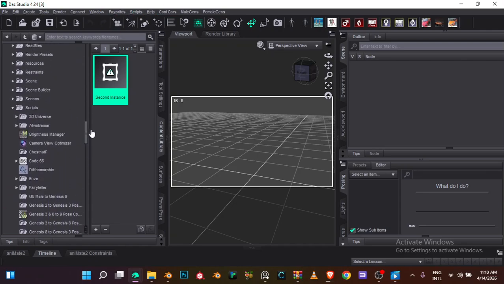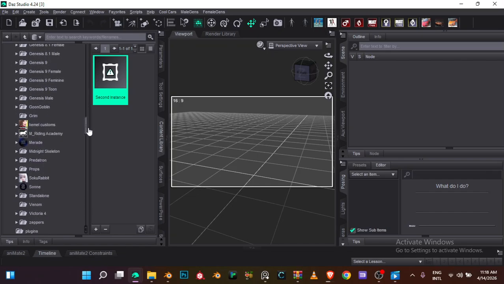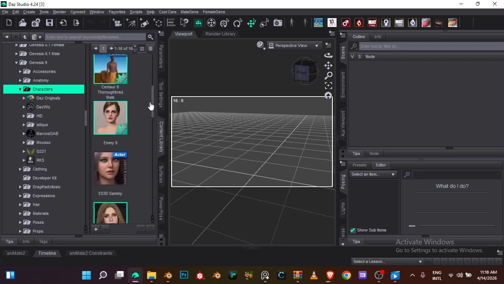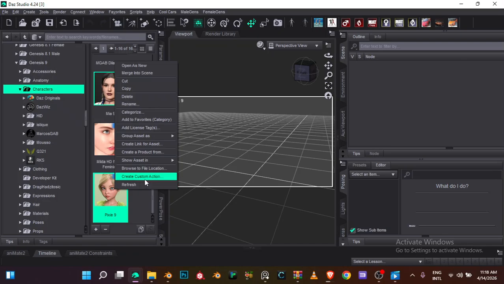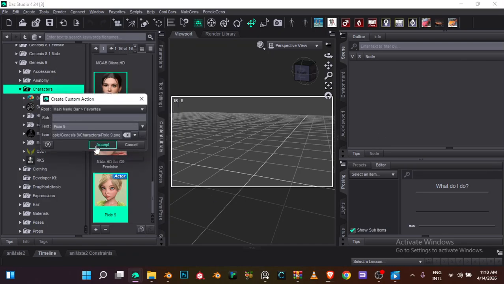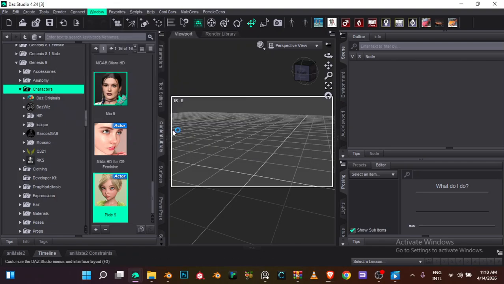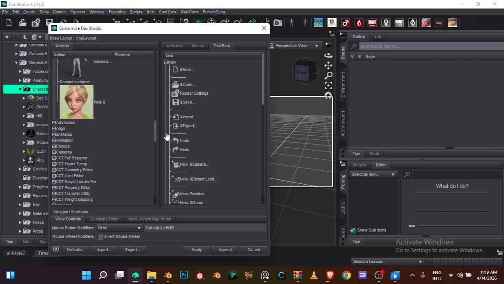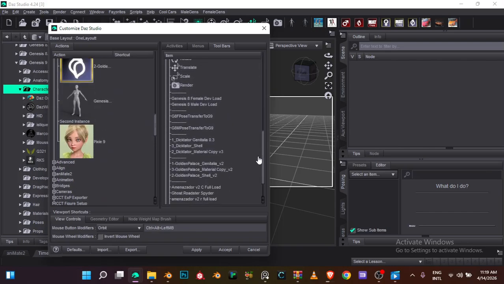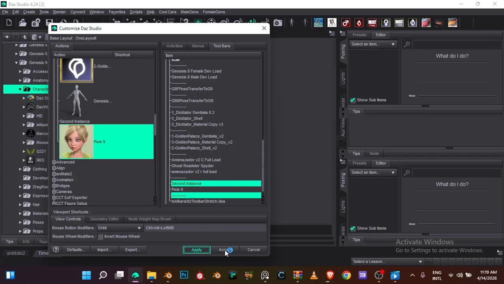I can use another example with a figure. Let's say I go here. Let's say I decide that I want to use a Genesis 8 female character for this example. We want to use the pixie, right? Create custom action, accept, window, workspace, customize, toolbars, custom, here. Now I can just drag and drop this here, apply,